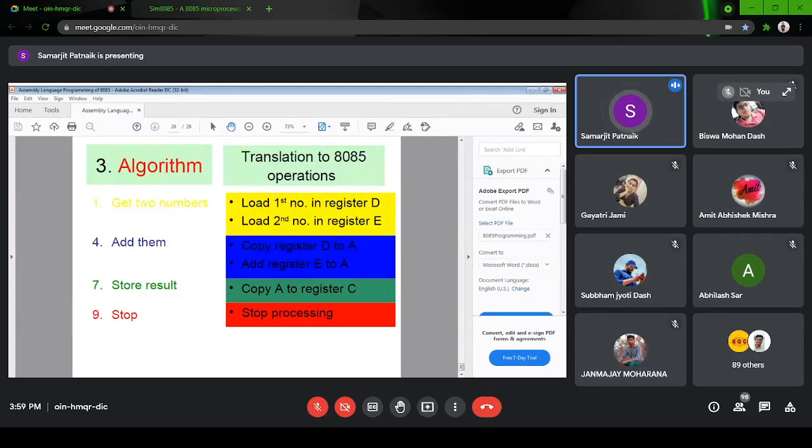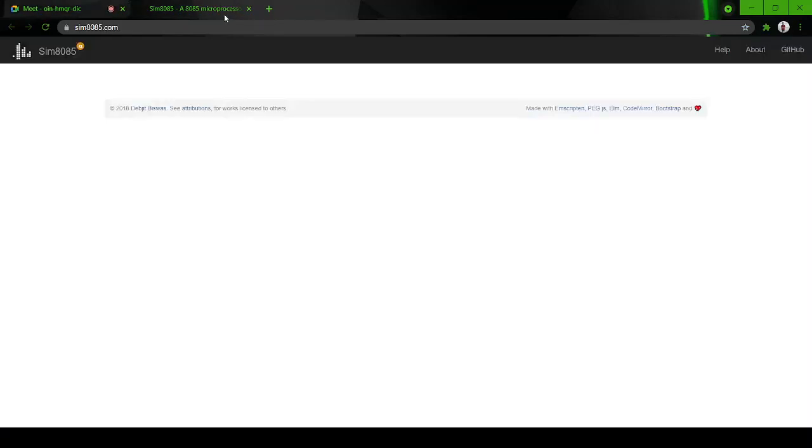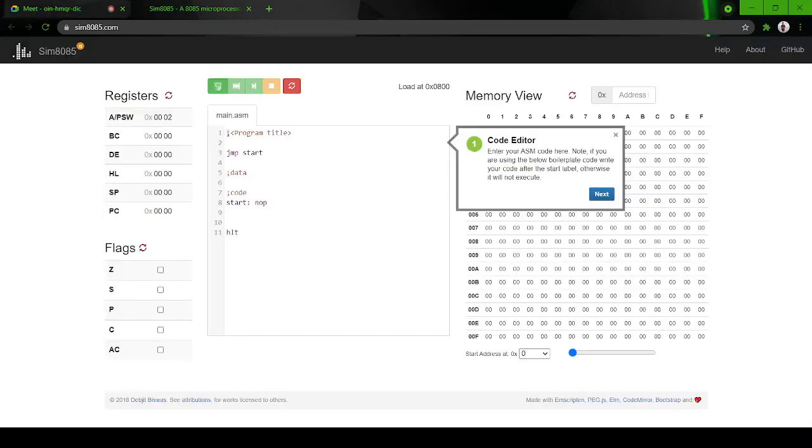All of you write a program for subtraction, write it in that platform and execute it step by step, and share your screenshot after the last execution in the WhatsApp group.